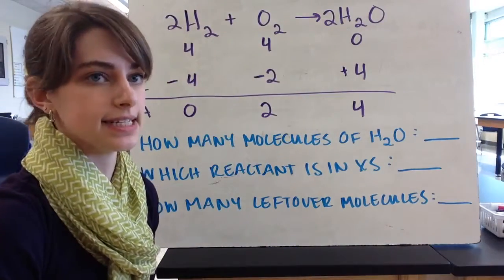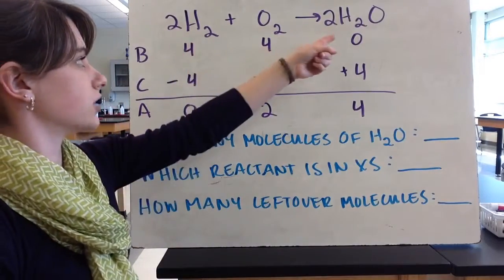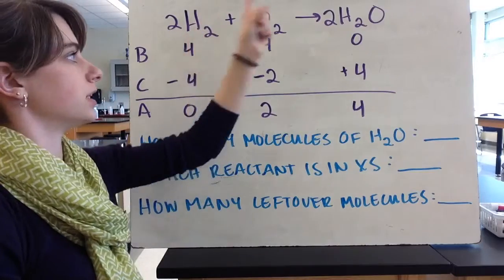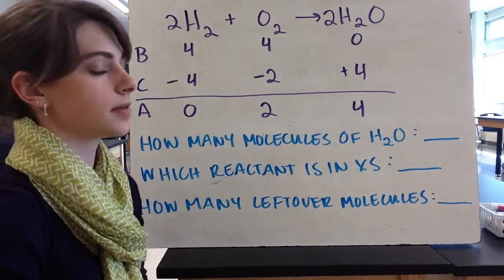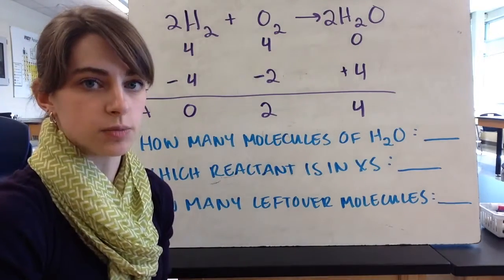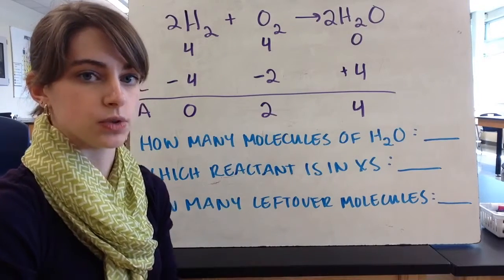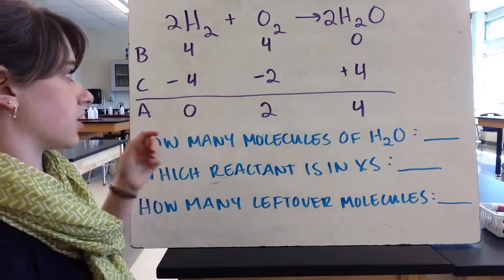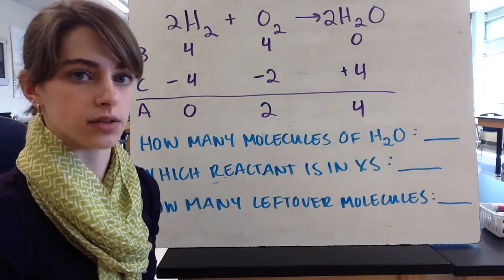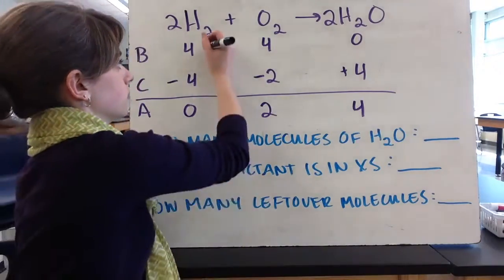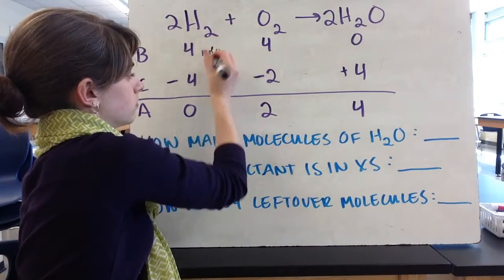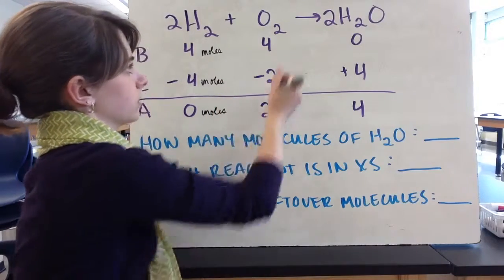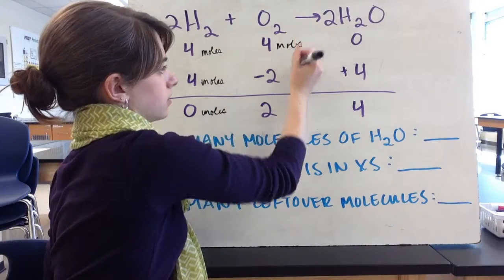So if we use our BCA table, we have to write our balanced reaction first. So H2 plus O2 gives you H2O. We know that we need a 2 here and a 2 here to make it balanced. Just like when we drew particle diagrams, we could bounce back and forth between moles and molecules, we can do the same thing here. I could say that these are 4 moles, I could say that they're 4 molecules. It's a matter of scale. So if I add all of my units,